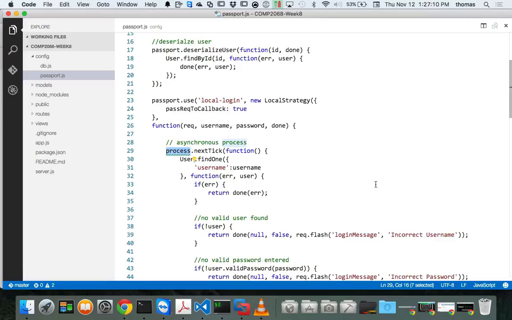It pulls a thread from the thread pool and says, hey, give me a thread. Okay, good. Now I'm going to use this new lane so I can do this little bit of functionality. And then when it's done, it returns the thread back to the thread pool so it can be used by another process. That's what Node does. So when I use process.nextTick, what I'm actually saying is, hey, the process that I'm currently running on, I want this anonymous function that I've passed into my nextTick method